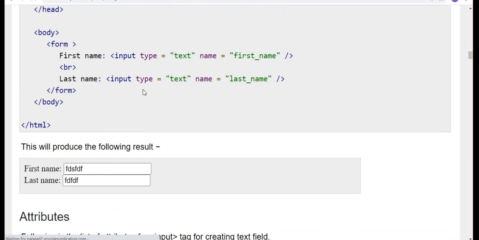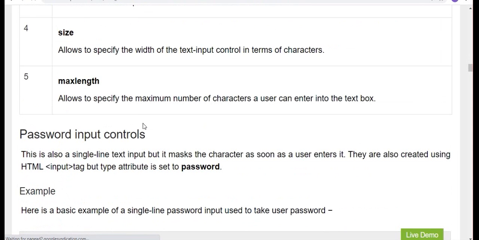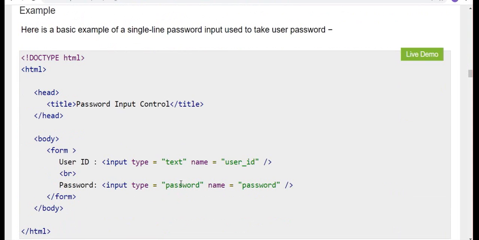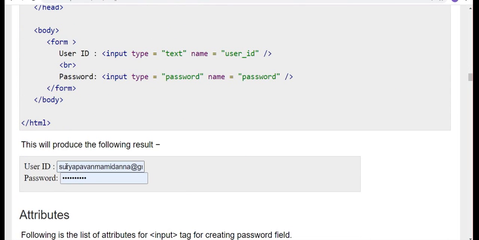If you specify password, input type equal to password, first we can enter something, the password will be in dots. Whatever you enter here you can't see. Why? Because input type equal to password, password can't be visible outside. First user ID will be the text, so whatever you enter you can see the content.